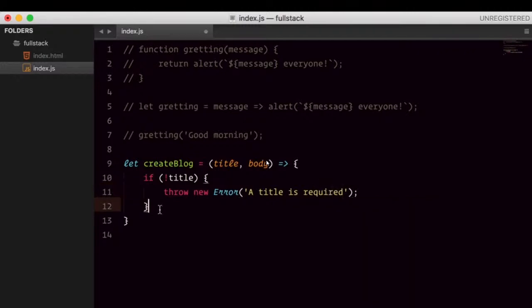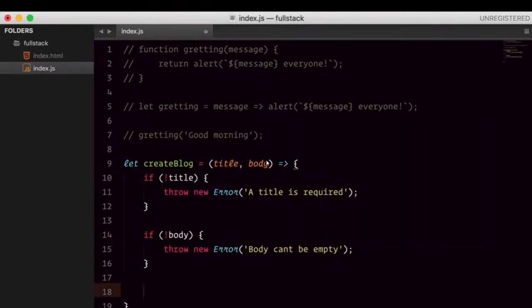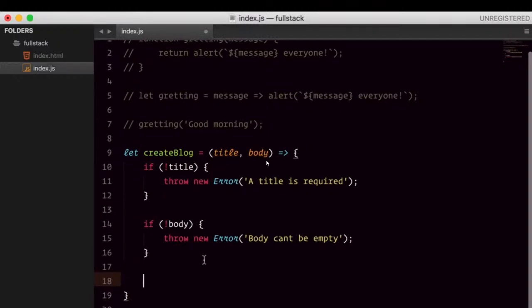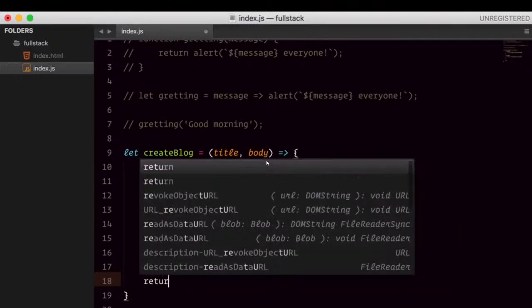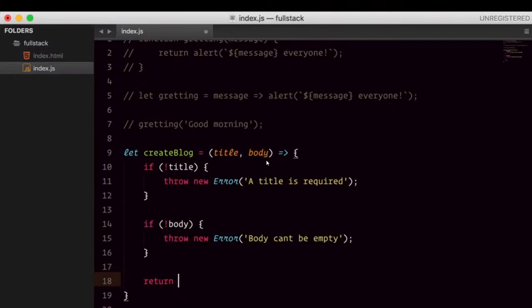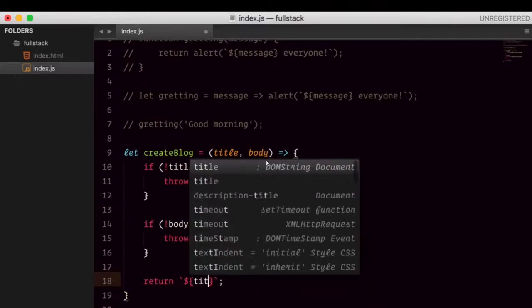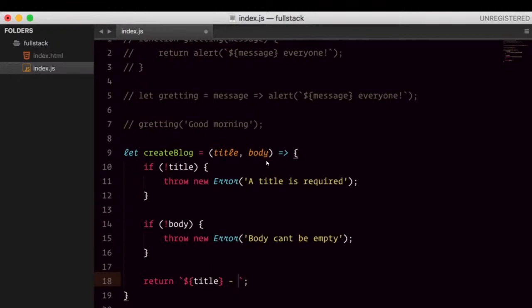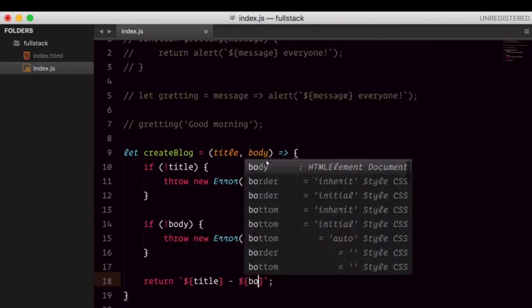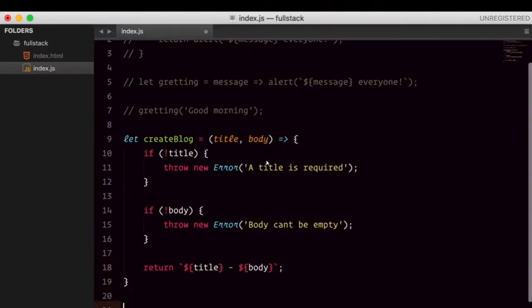Okay, so in a similar way we can also check for body. So if the body is not there, then we can also throw new Error: body can't be empty. If we get title and if we get body as well, then we can return the blog. Okay, so return, and I'm going to use the template string: title, dash, body. Okay, now let's invoke this function,